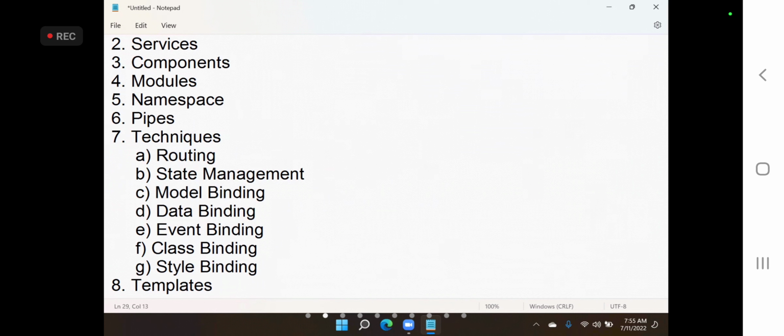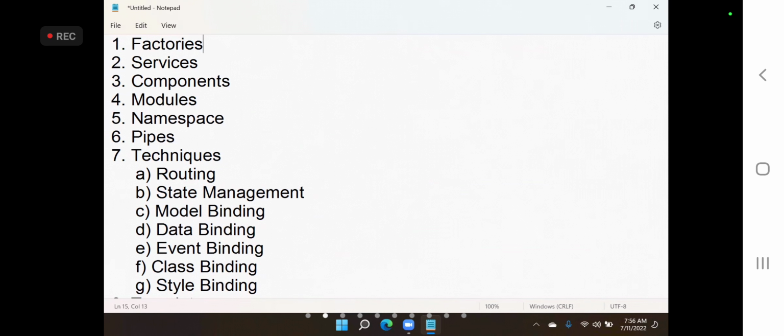Vue, Backbone, and all types of frameworks usually contain all these concepts. So as a developer, learning a framework is all about learning these things. That means we already know the language, and with that language, we need to learn how to handle this. I will just give an overview, because we are going to discuss them in detail one by one.